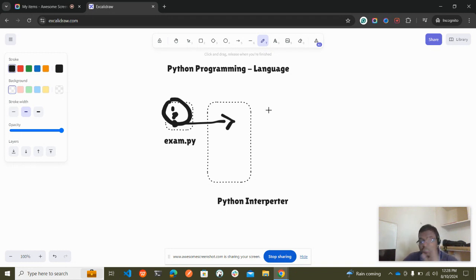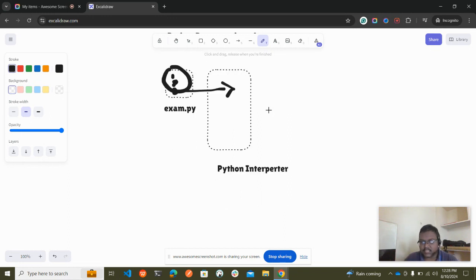But when you compare this with C or Java, any kind of language, it will have a compiler, like the GCC compiler. Say there is a main.c file or main.java file. When you give this file to a compiler, it converts it into an executable file, in the form of binary or compiler format.